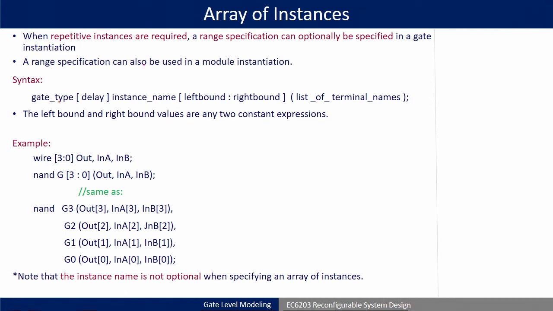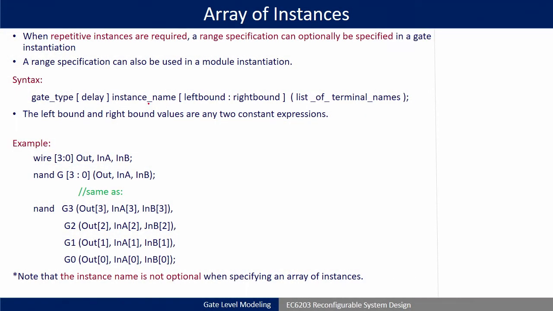Okay. So, just see the syntax, then we will go for the examples. First is the gate type, it may be any gate we discussed, and then delays, then instance names. Here if you see, the instance name is not in square brackets. Okay. So, that means the instance name is mandatory, you have to give it. Earlier, everywhere we have seen that the instance name is optional, in square brackets. Okay. So, after that you can give a left bound colon right bound, then the list of terminals. Some of them are optional. Okay. Terminals again follow the same order: output first, then input, then control, depending upon which gate you are instantiating.